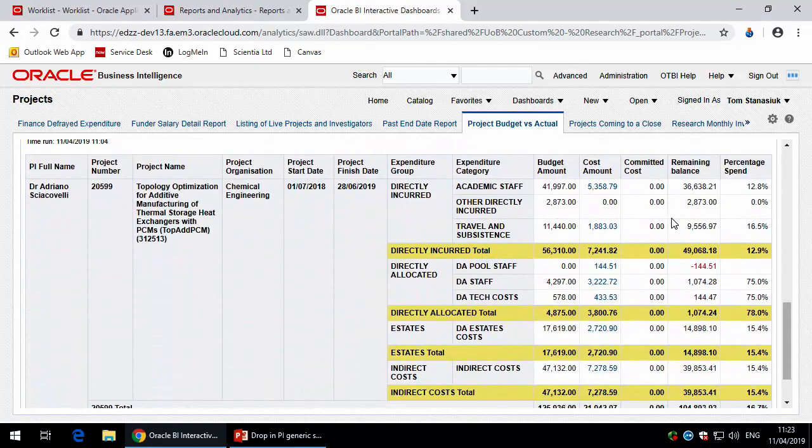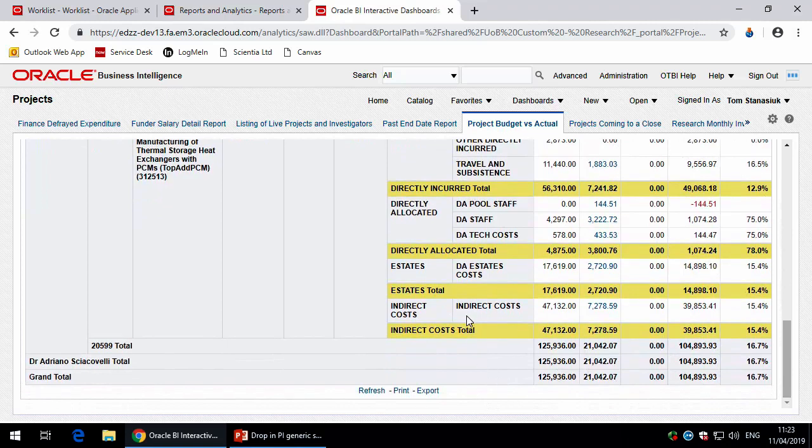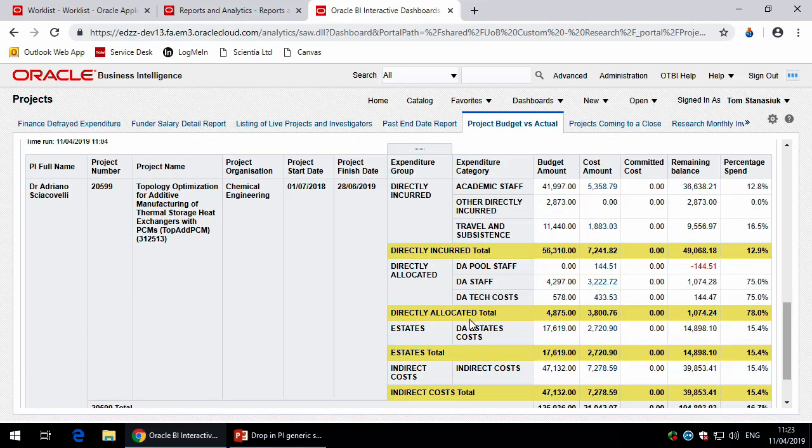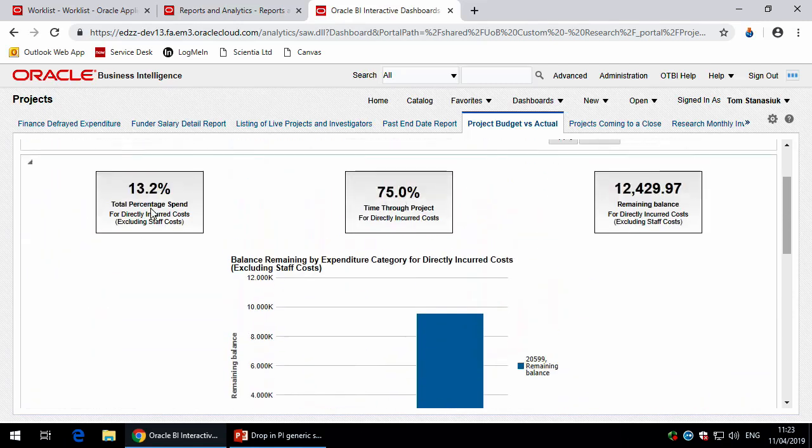So you can see at the bottom the full breakdown of your full budget for your project. However, what we are showing at the top is the percentage spent versus the time through the project on all the costs that you can actually influence. This is the money that I can spend. So we are excluding the staff costs, not to create an impression that maybe you have more money available to you than you do, because there are still staff costs coming. I'm asking you to clarify what is actually shown. So if I had, say, for example, a research associate that was directly